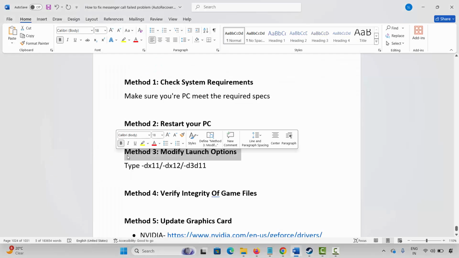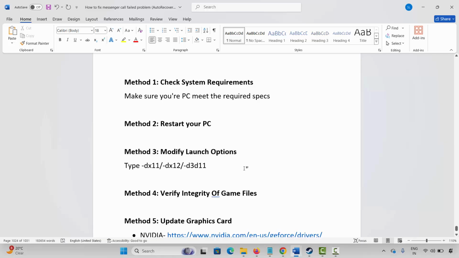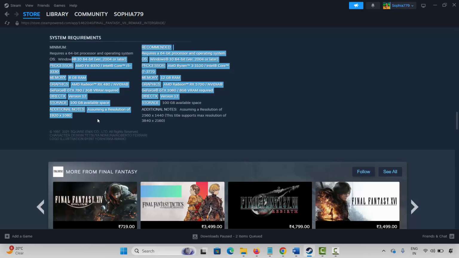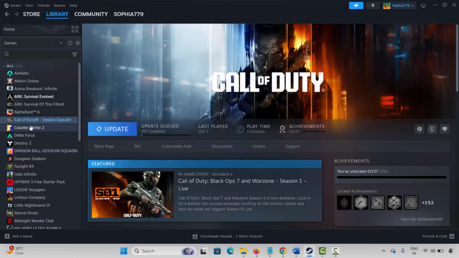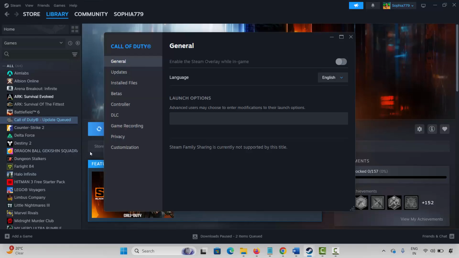If not, next method is to modify launch option. For that, go to Steam, under library section, select your game. Here I am showing an example. Now right click on it, click on properties. Now under general, here you have to type -dx11 and then launch the game and check whether it's working or